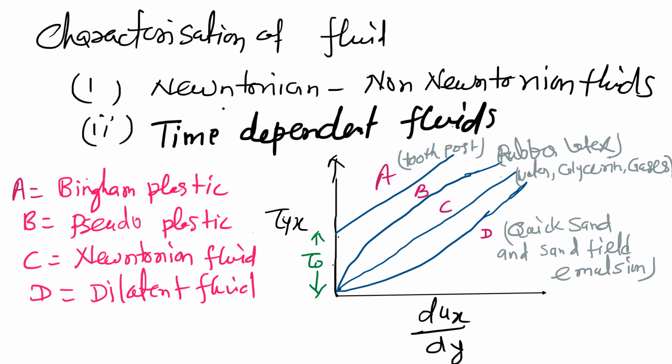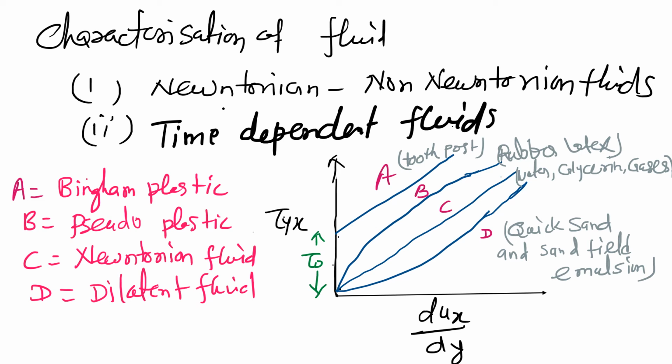Similarly, we had discussed Bingham plastics. Bingham plastic fluids are viscous fluids which behave as a solid when we apply shear stress below some limiting shear stress, which is called threshold shear stress tau 0, and when we apply more than the value of the limiting or threshold shear stress, it starts moving, and it now behaves like a Newtonian fluid.